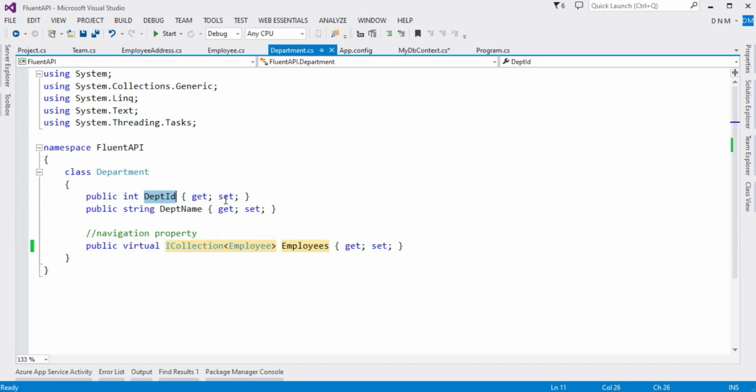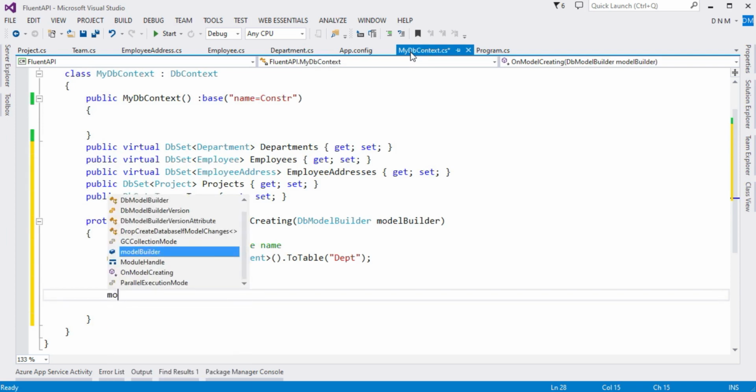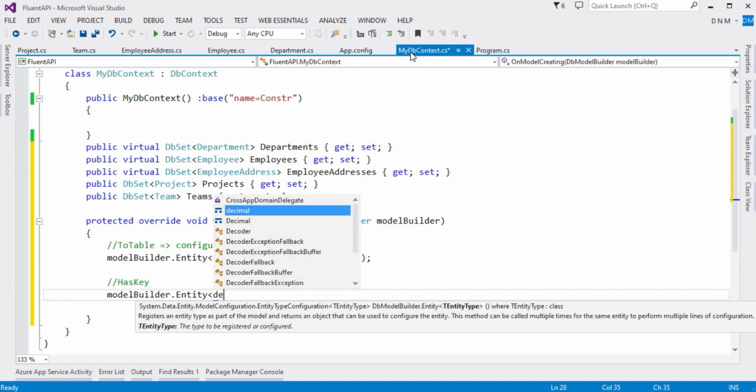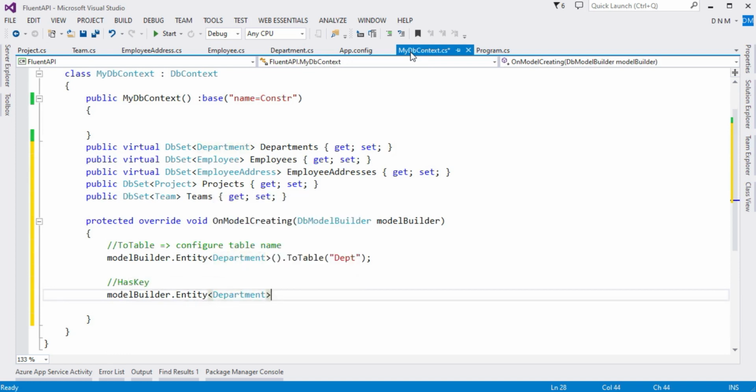According to the default Code First convention, the primary key property name should be ID or class name plus ID. So it is not even ID and not even DepartmentID. So I have to explicitly mention it using Fluent API. So here I'll say modelBuilder dot Entity. Which entity? We are going to specify it for the Department entity.